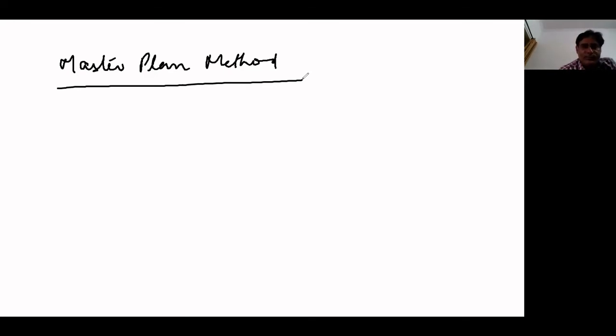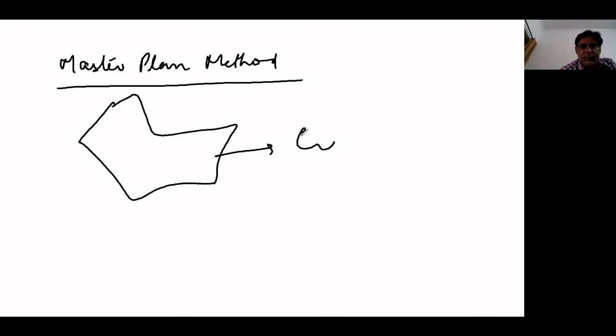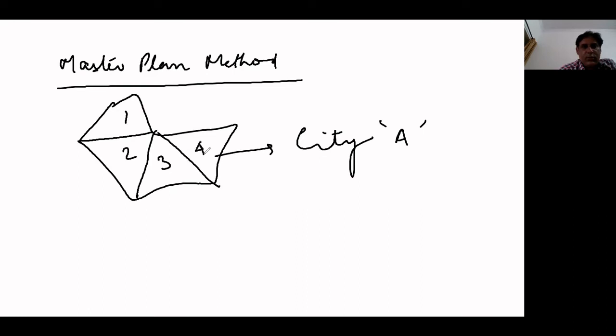Suppose this is an arbitrary area of a city. Now, the zones are broken up. The number of residences in each zone is calculated, and say zone 1 has 2000 residents, zone 2 has